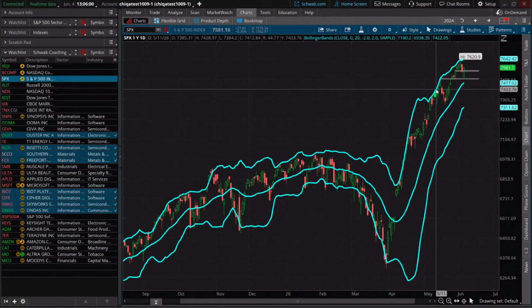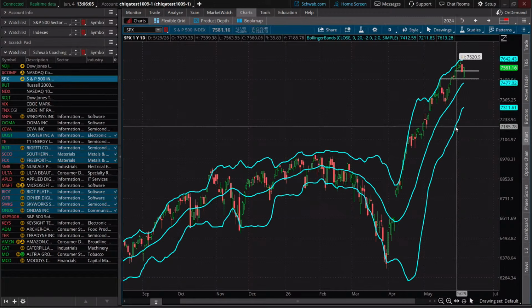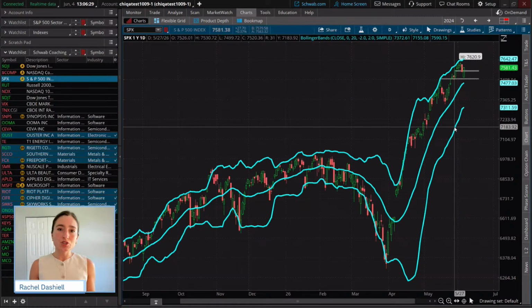And this band to the upside is two standard deviations above that simple moving average. This line to the downside is two standard deviations below that simple moving average. So if you think about a normal distribution curve, you're going to have about 95% of the price action within those bands. So when you have price breaking out of those bands in either direction, that is telling you that a tail event is occurring. And that's where trend traders like to capitalize on those tail events. So kind of like some of those outlier type of events.